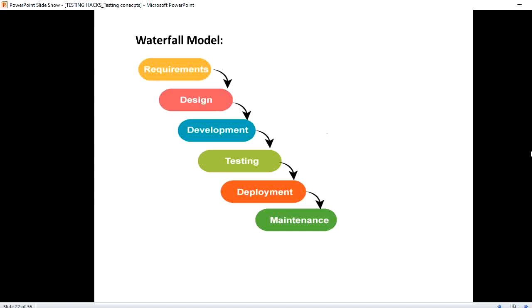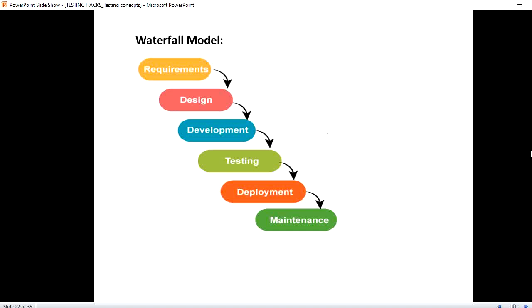That is where design comes into the picture, and then development. With that blueprint, the developers will start coding in an already pre-decided language, and they will design the UI as well as the backend. All the development will be done in this stage. Then testing.